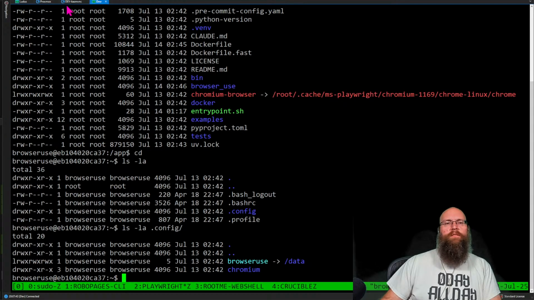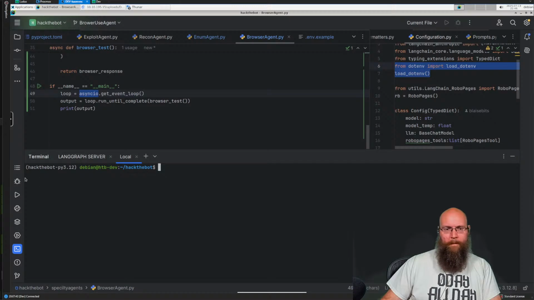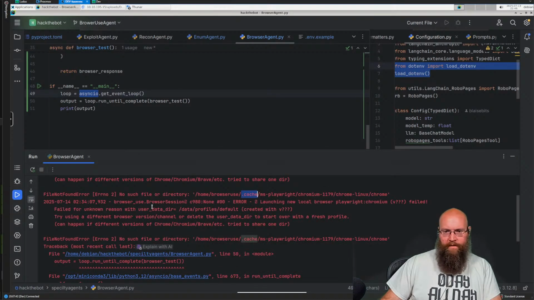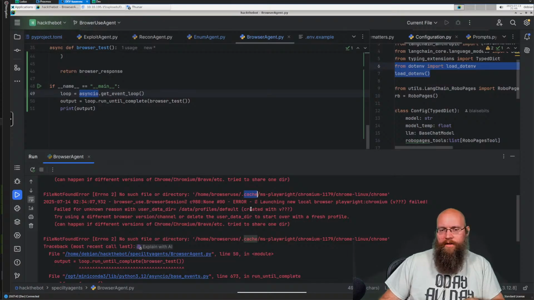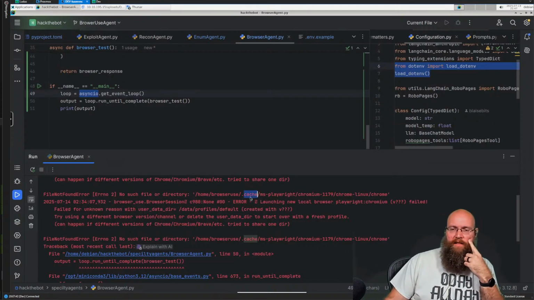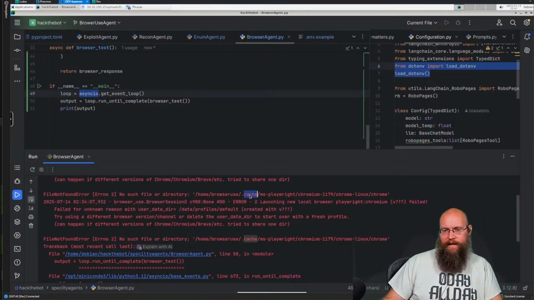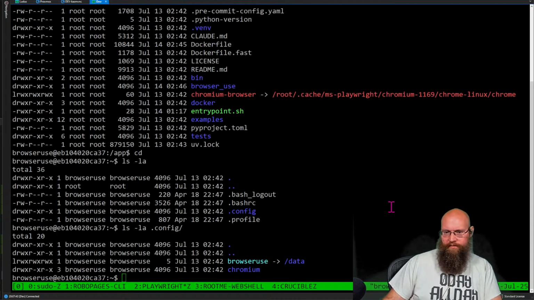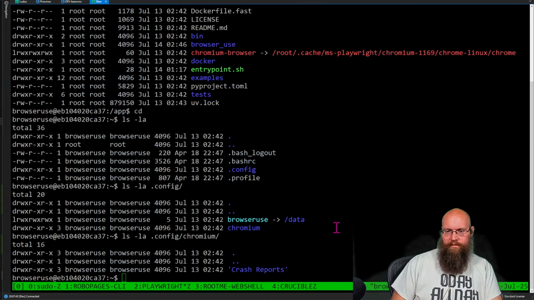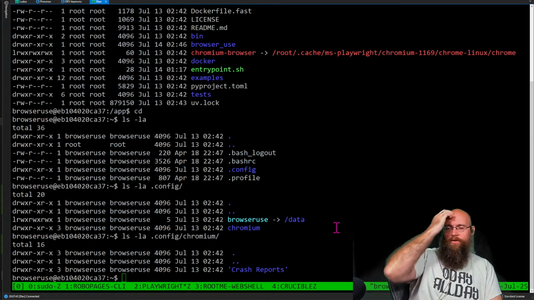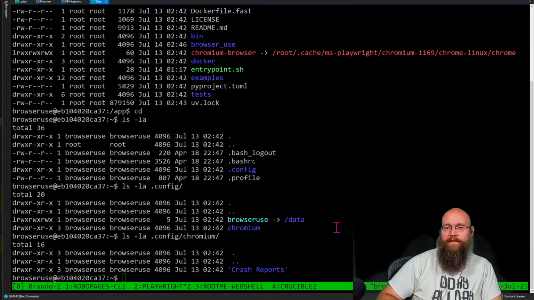What was the account that was trying to access? There we go. For some reason, it looks like it's trying to find this over in cache instead of in config. See that? Oh, never mind, because that's our Chromium cache reports. But still, it doesn't matter because it's still missing part of it in here.